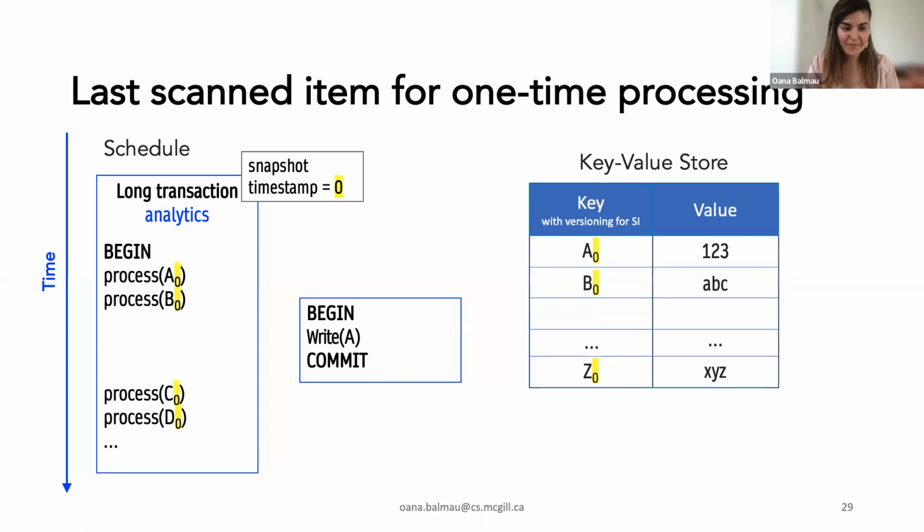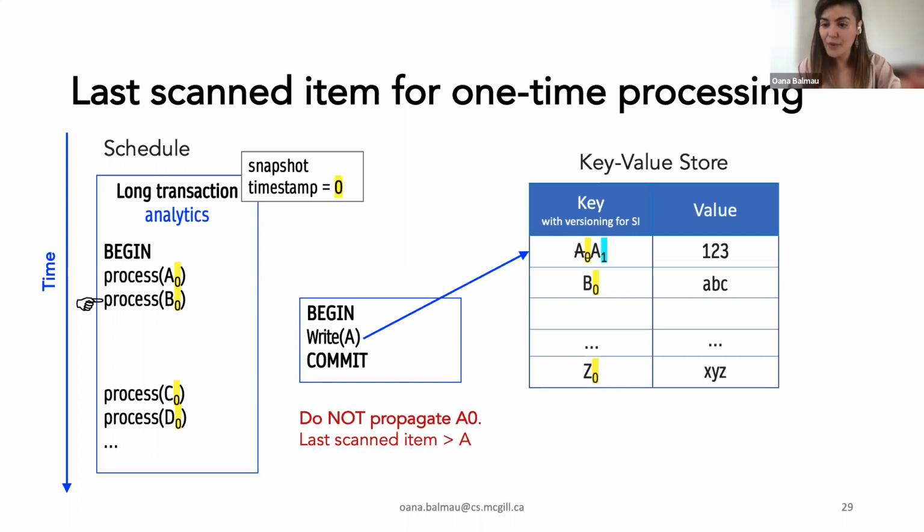We can assume that A was already processed by the scan, then B, and then we would want to update A. Now here, even if A's timestamp is the same as the snapshot timestamp, normally we would want to propagate it. However, we know that the last processed item in order in the database was B. So in this case, we would have